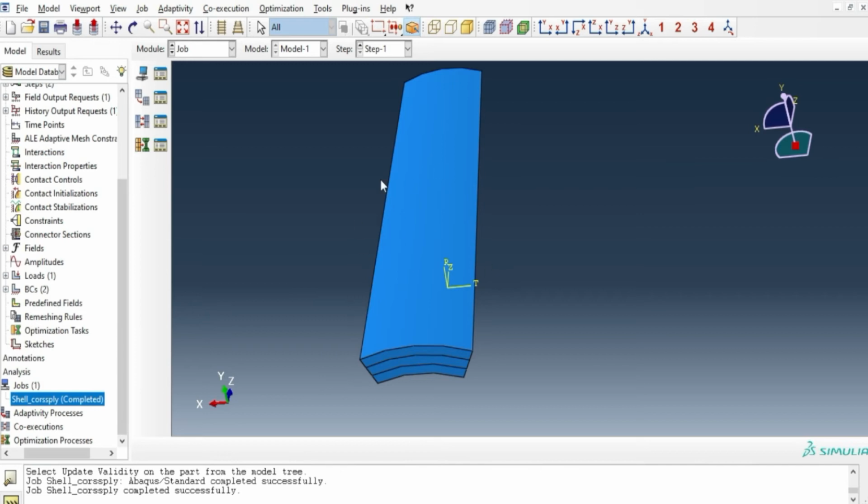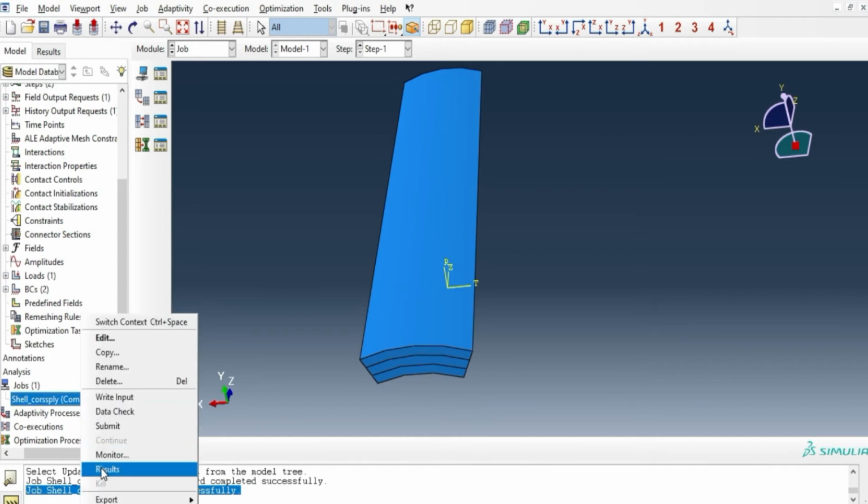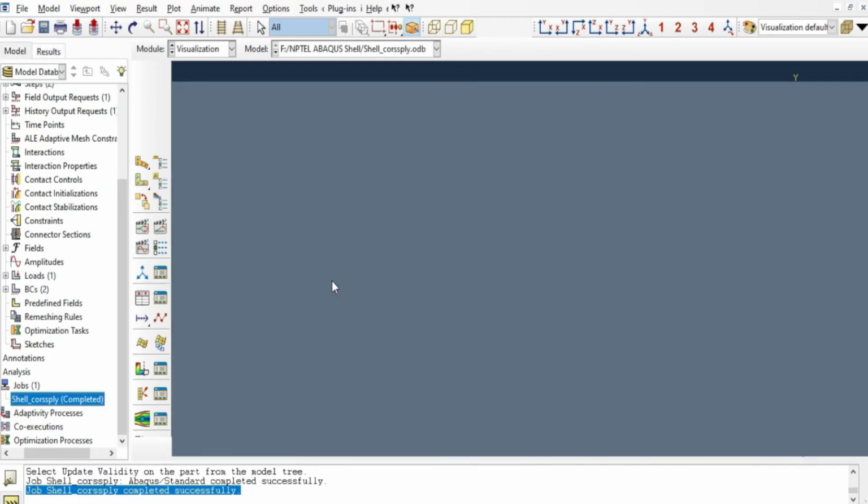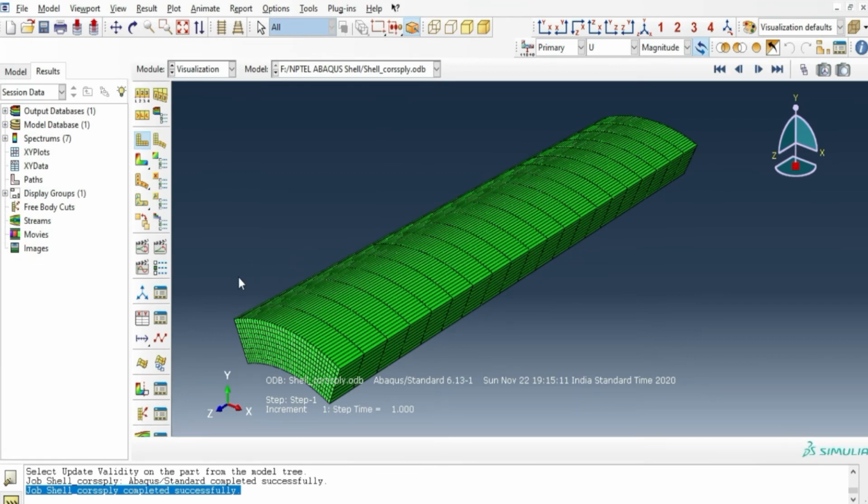After the job has been analyzed, we can see the results in the visualization module.